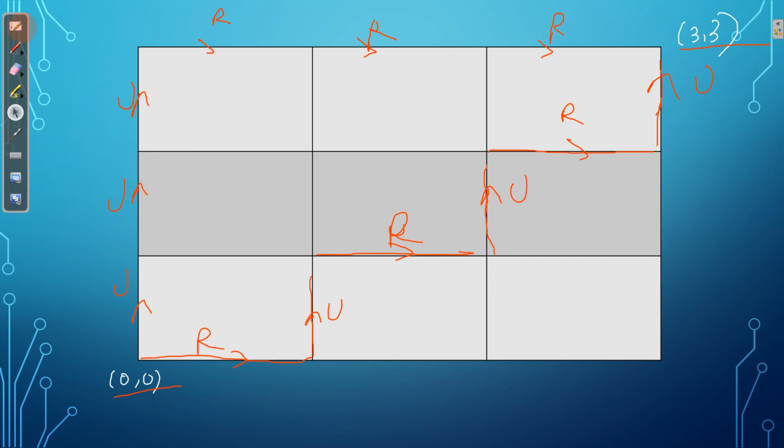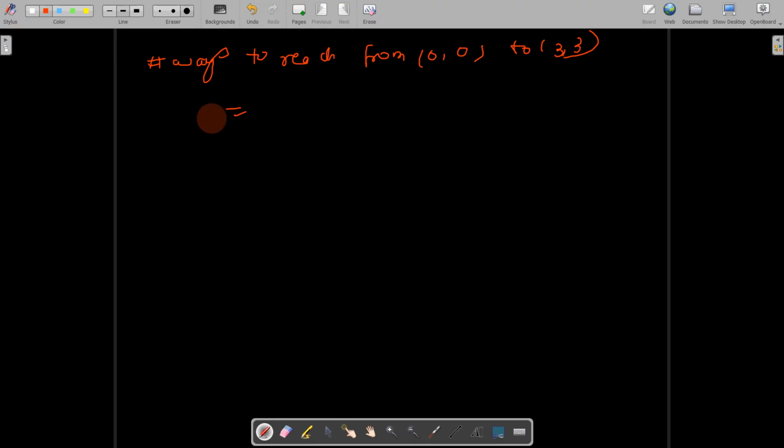That means we have to arrange 3 ups and 3 rights. Total characters are 6, so 6 factorial divided by 3 factorial, since 3 ups are identical and permuting them is counted extra, and another 3 factorial for the 3 identical right moves, which is nothing but 6 choose 3. This is without any restriction.